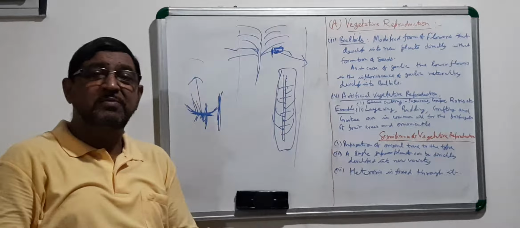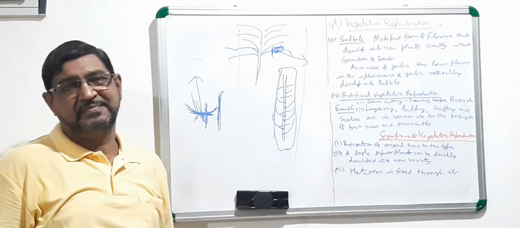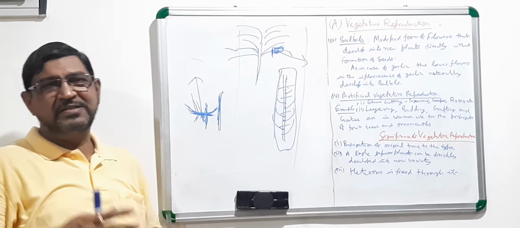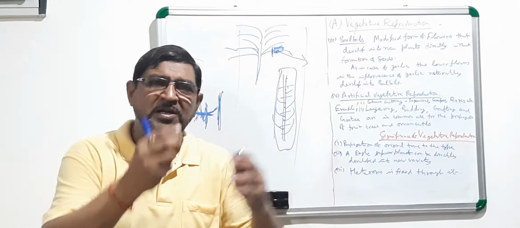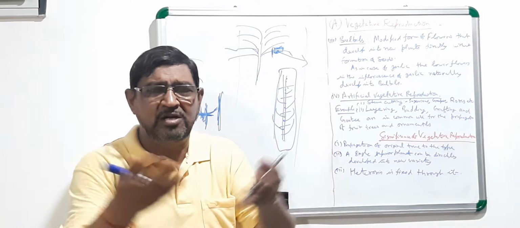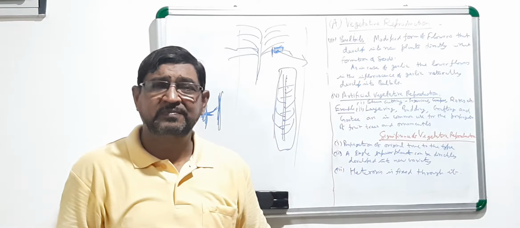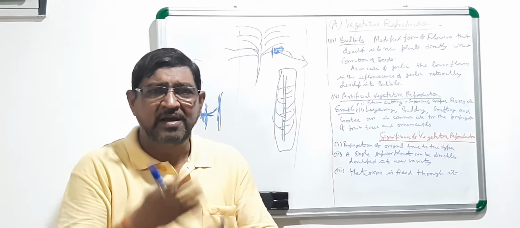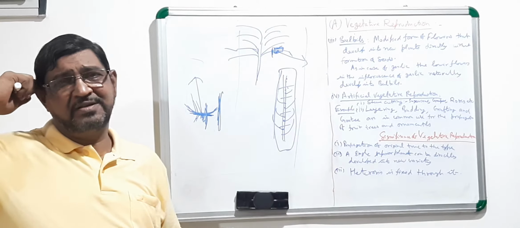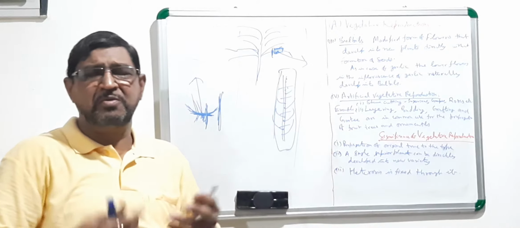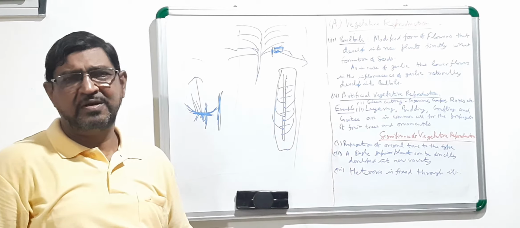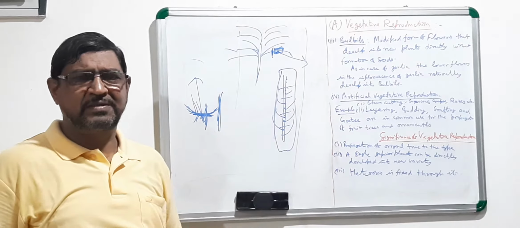Because whatever seed you are getting from Langda, they are not Langda. They are developed through cross pollination or even self pollination, and then also there is a lot of variability. You will be taught later on, these are heterozygous in nature. Even if selfing occurs, there will be variability. You will not get true to the type in mango and in many crops, many fruit plants.